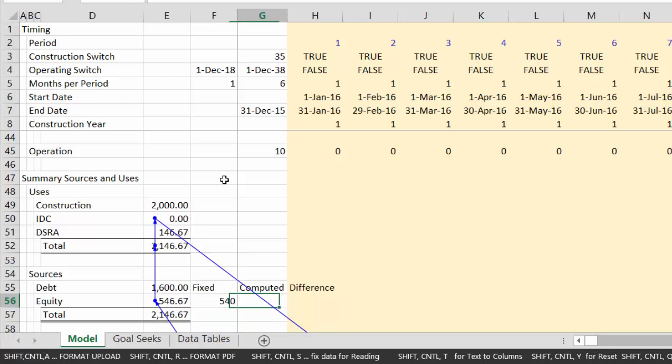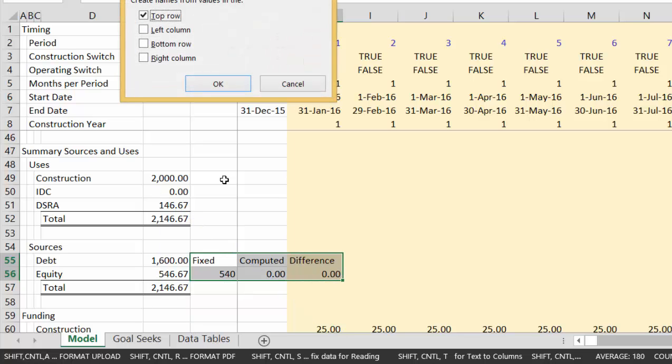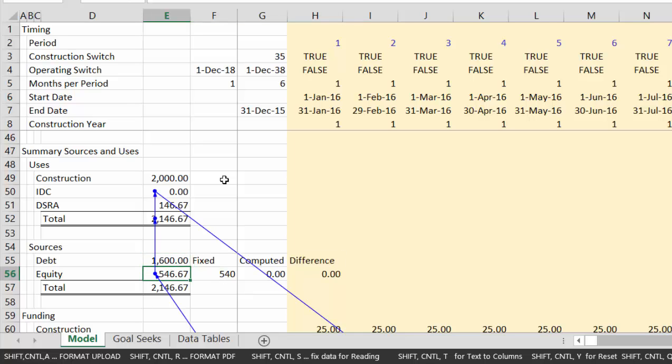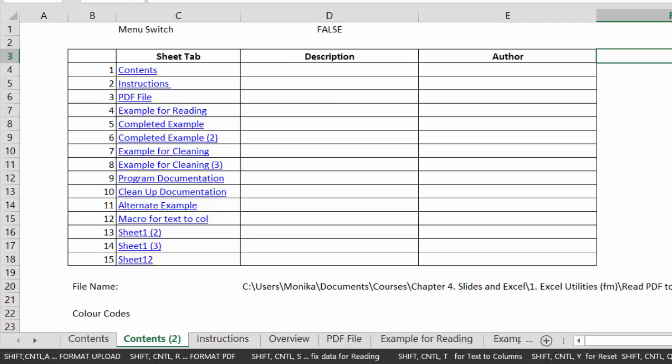this is the simple one. I'm going to call this simple because it really is. And we'll just put some number here. The computed is just what we're going to redo. That was just our total minus our equity, debt, excuse me. And then the difference is this minus this. And we name the ranges, Shift Control F3. It says take them from the top row, so we take them from the top row, we make this equal fixed, we get rid of the circular reference, we have a difference, and then we can go, oh shit, I was messing around with this one. Let's close this file,